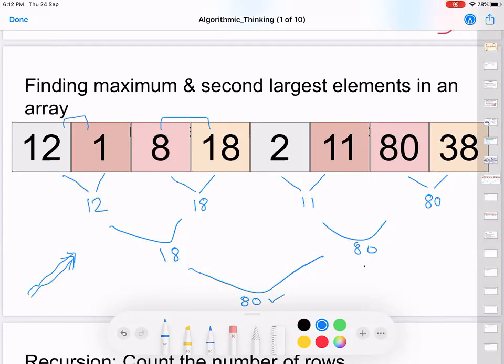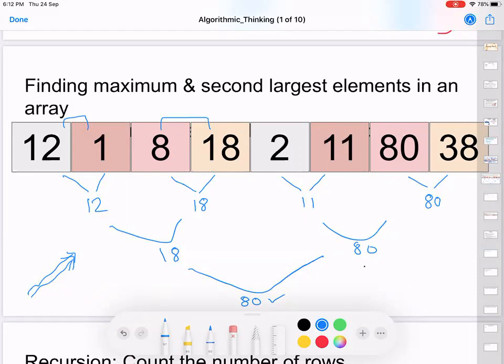Ma'am, if we start from the second stage of the tree, and we find the largest over there, and then compare it to the largest elements pair in the first. I'm not sure if it will help. It's just an idea. So that's exactly the approach.